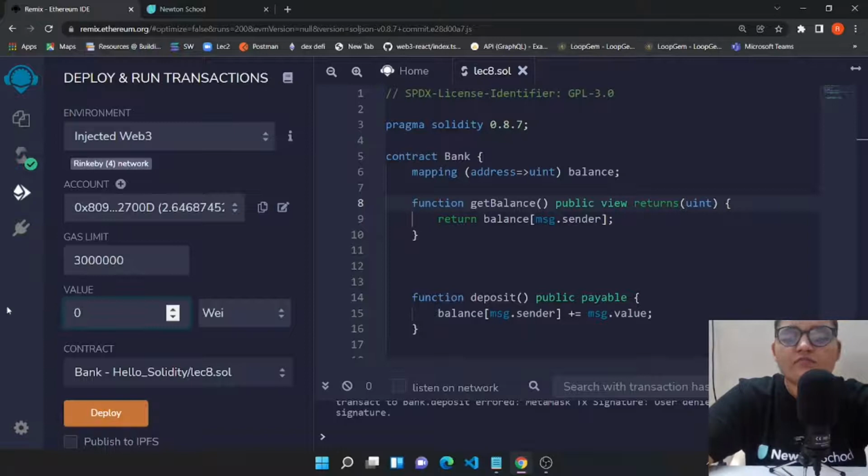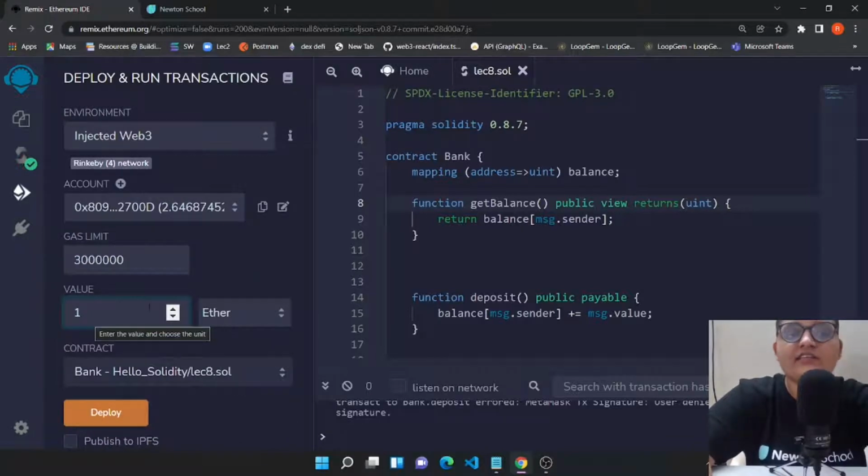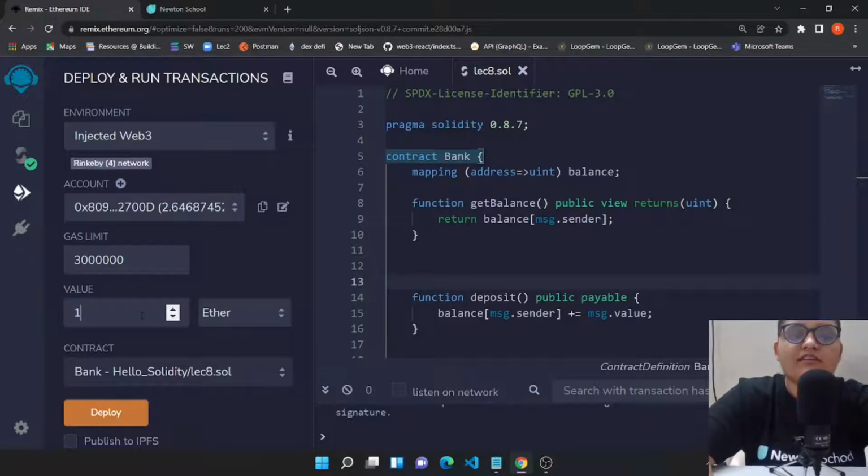So let's send some value in ethers. Let's select ethers and send one ether. We actually have 2.6 ethers, and I'm sending one ether to this smart contract. No, it will be risky, right? So let's try to give zero. Okay, we can't give 0 point, so we need to send the value in wei only.